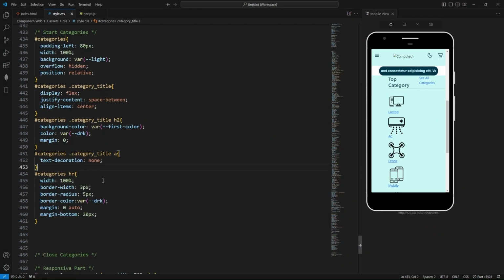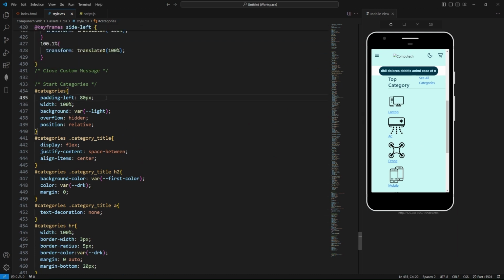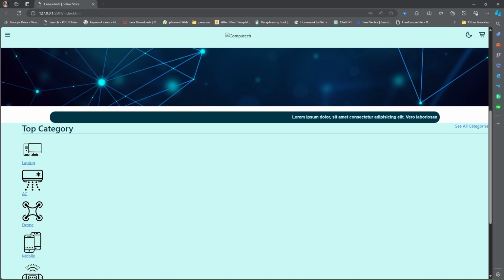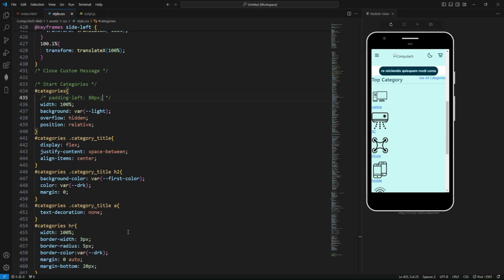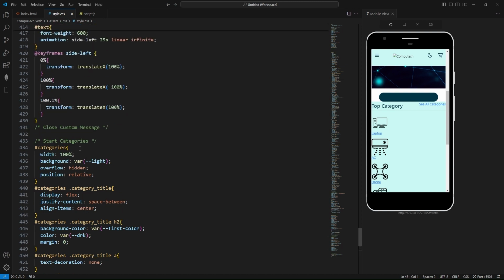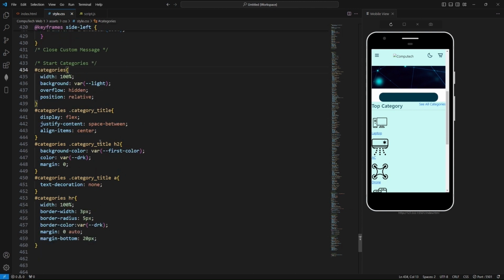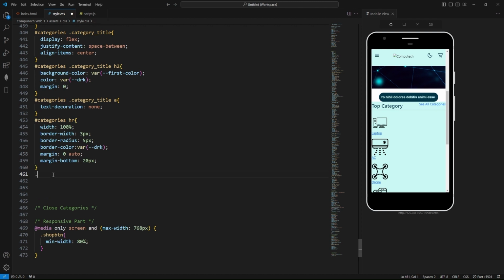Yeah, now change in here for remove, and you can see is left 0. Now what is good, and open